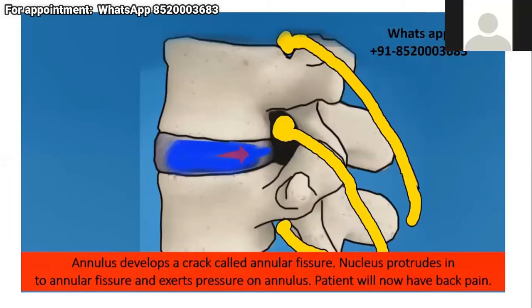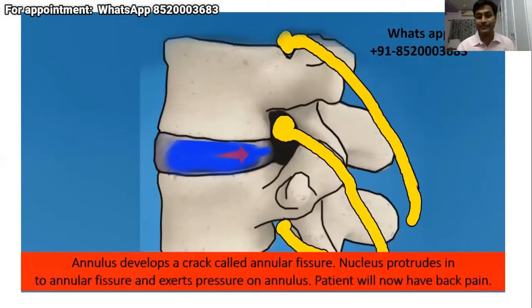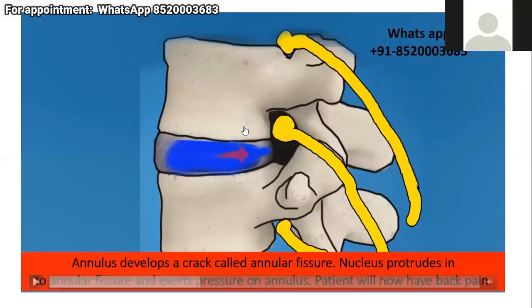Because when a person is doing flexion, the nucleus pulposus tries to move backward, as the pressure is from the anterior side. Yeah, that is how we explain it to laypeople. But the scientific explanation is that the intradiscal pressure is maximum in flexion and in the sitting position. Because the intradiscal pressure increases, the nucleus pulposus tries to come out.